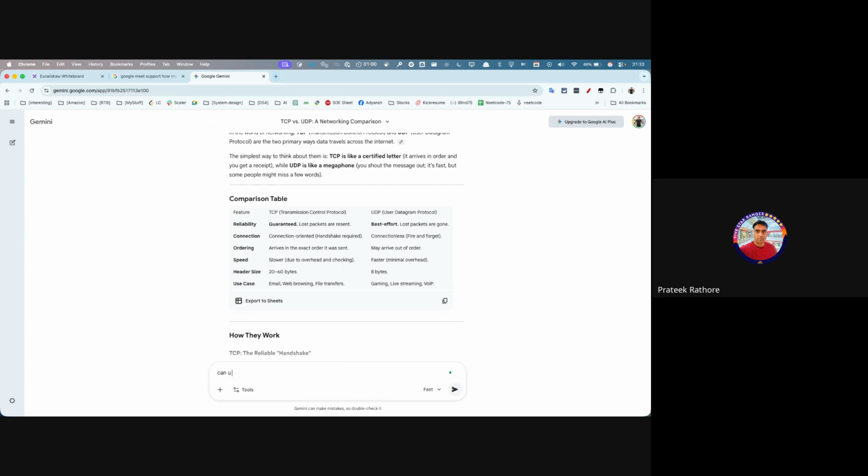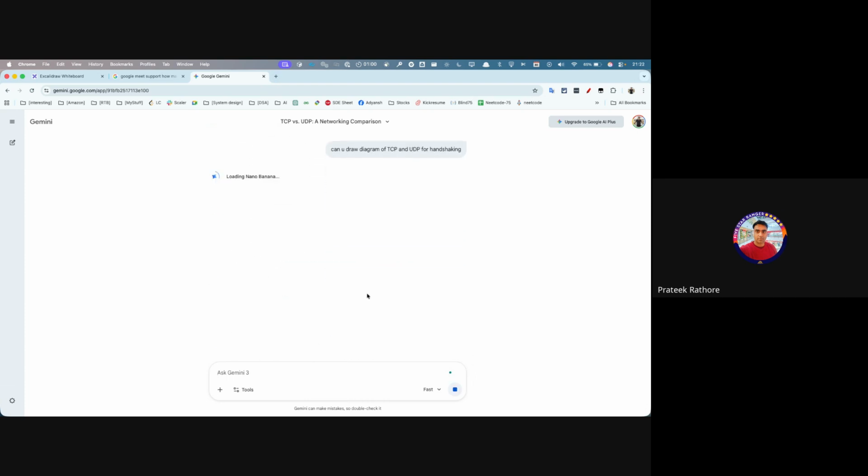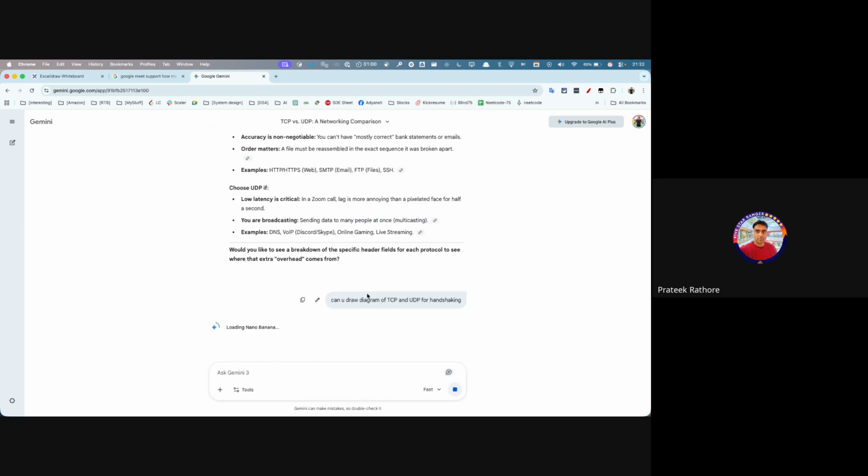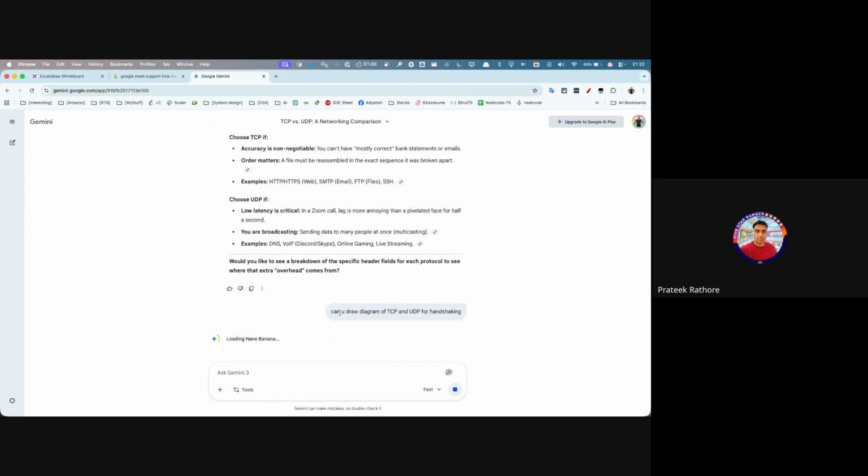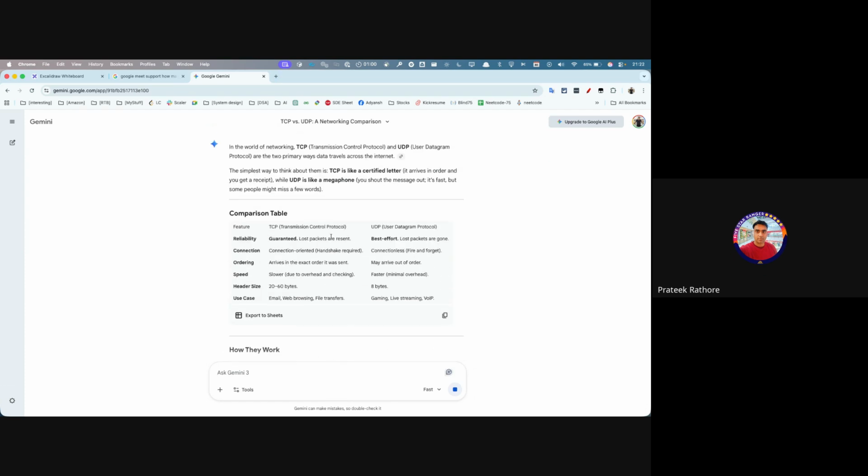can you draw a diagram? TCP, UDP. Yeah. Okay, by the time Nano Banana does that,